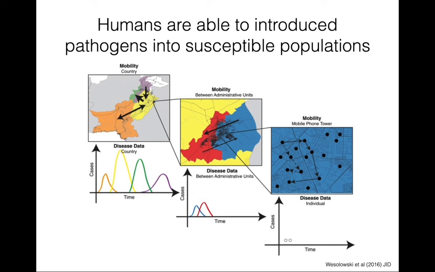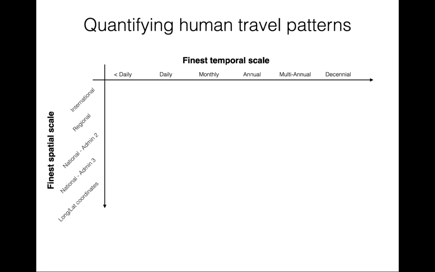Ultimately, the natural life history of the pathogen, ability to identify the susceptible population at risk, and understanding of how travel interacts and impacts the disease process will dictate the ideal spatial scale we would investigate. There are many different kinds of data sets available to quantify travel patterns on various temporal and spatial scales.